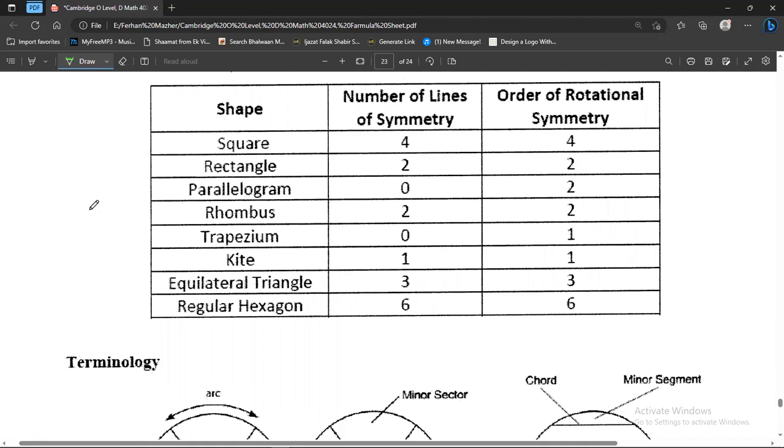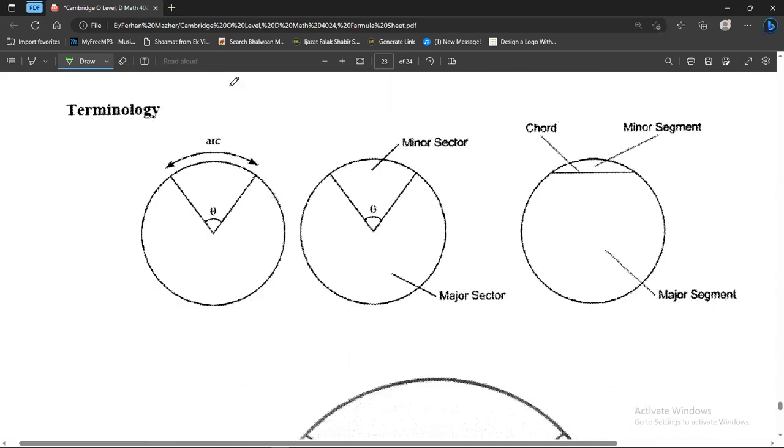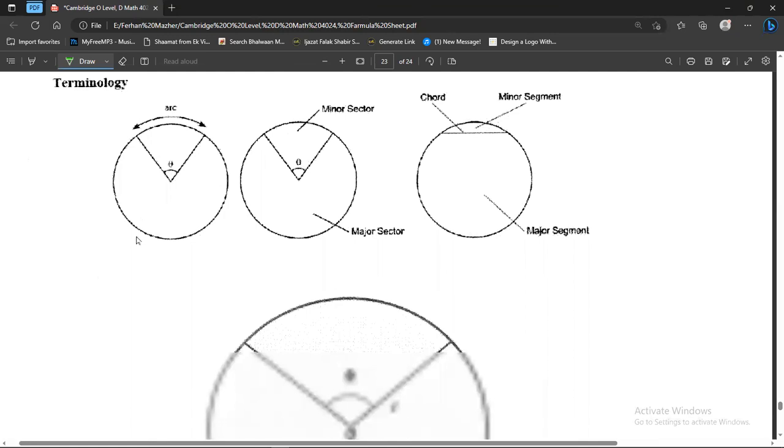1 means 0. Kite has one line of symmetry, which is along its longer diagonal, and the order of rotational symmetry is 1, which means there is no rotational symmetry. Equilateral triangle has 3 lines of symmetry, and its order of rotational symmetry is 3. Regular hexagon has 6 lines of symmetry, and its order of rotational symmetry is 6. Okay, so here we have trigonometry